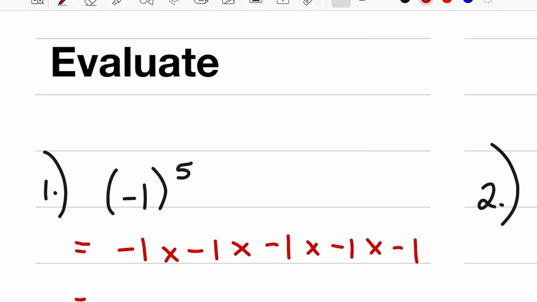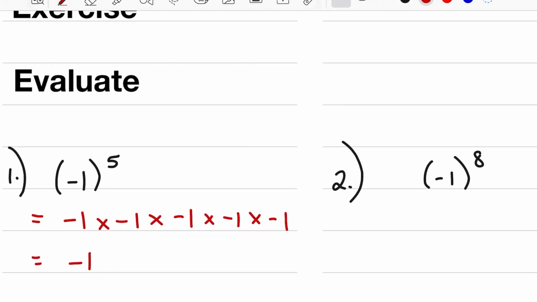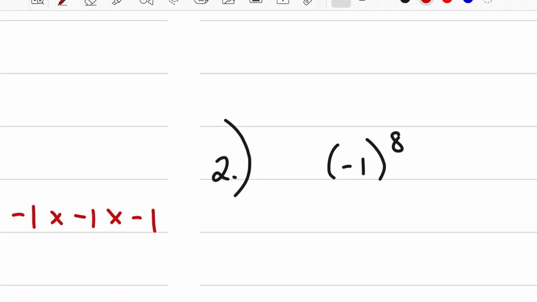Now, I don't have to spend my time working each pair. What I can do is just recognize that this power is odd. It's a negative 1 being raised to an odd power, so you're going to end up with a negative 1 for your answer. If it were an even power, like in question 2, you would see that it's a positive